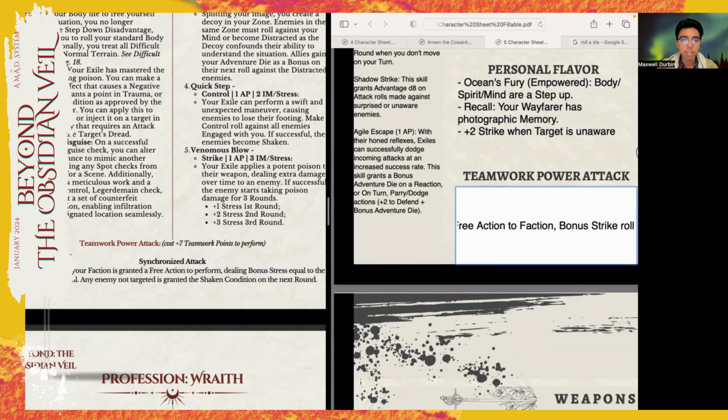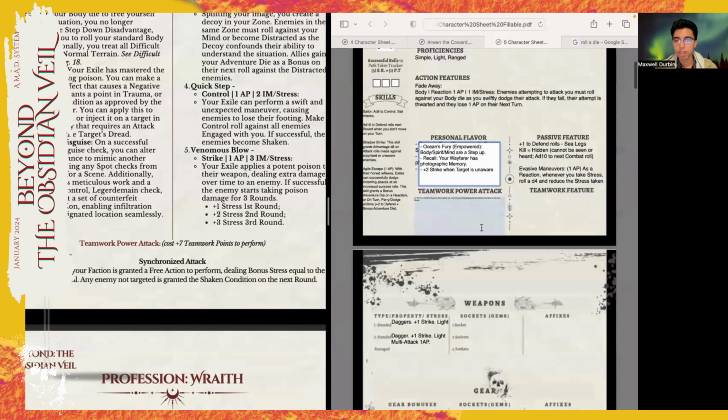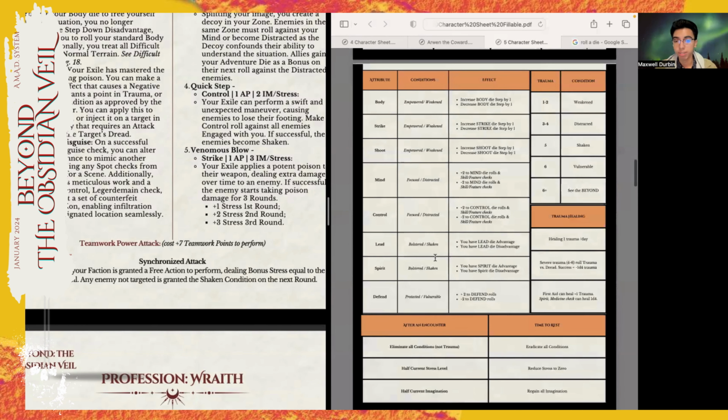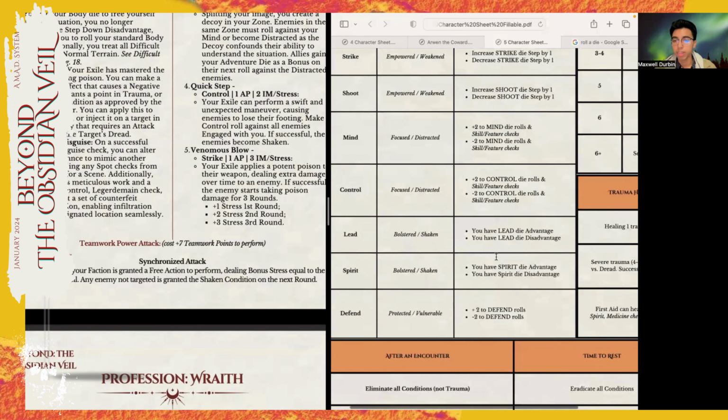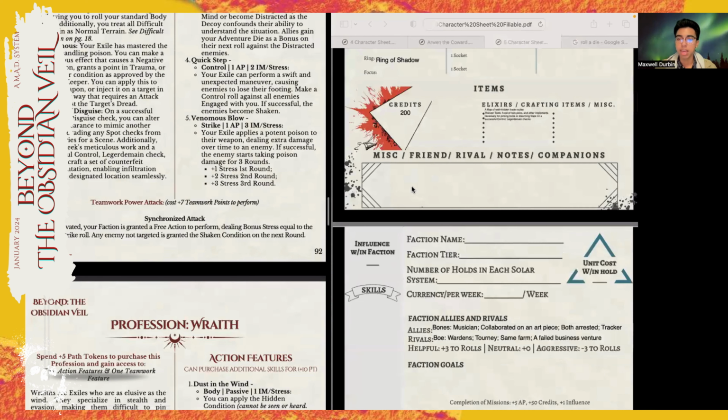Any enemy not targeted gains the shaken condition on the next round. It's written down here. And then what is the shaken condition? It's a good question. The shaken condition affects lead and spirit die. So they basically have disadvantage on their next roll. And that is